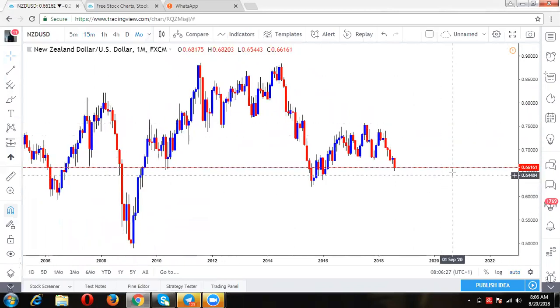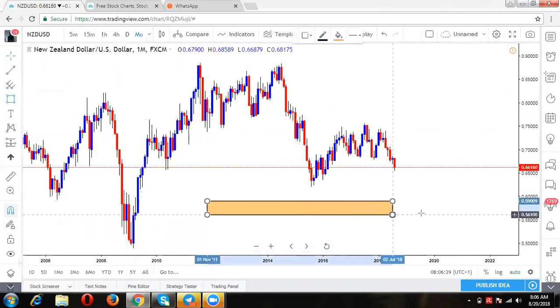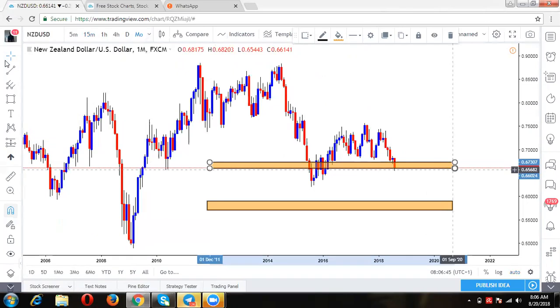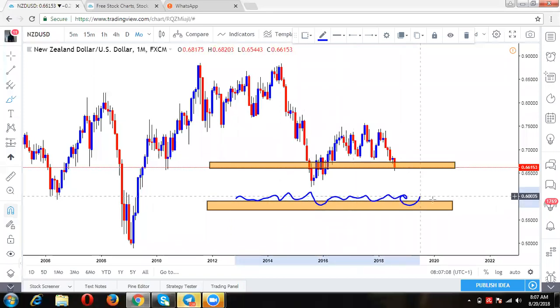Now support is like a floor. Okay, resistance is like a ceiling. So now let me show you this. This is the floor and this is the ceiling. Now the number of times, let me say I have a ball. The number of times this ball, sorry, let me use something else. The number of times this ball bounces on this part, this support zone,